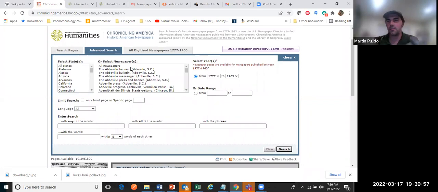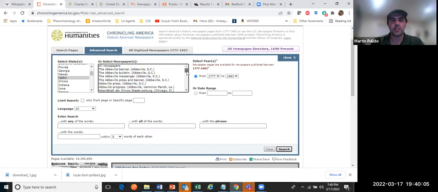So let's look at one of my Kohlhepp ancestors. They lived in Idaho. If I wanted to, I could even zero in on a newspaper that most likely is going to have the name of the city they were in. So I go through here. I'm looking for American Falls.